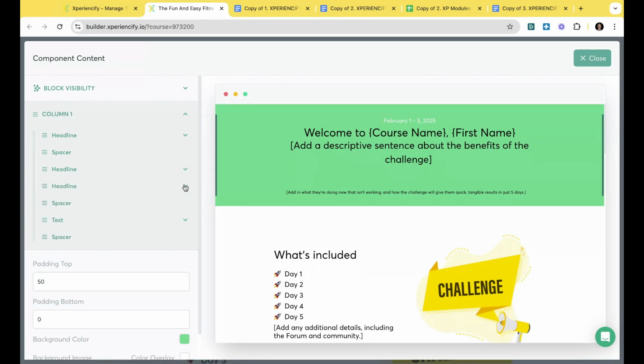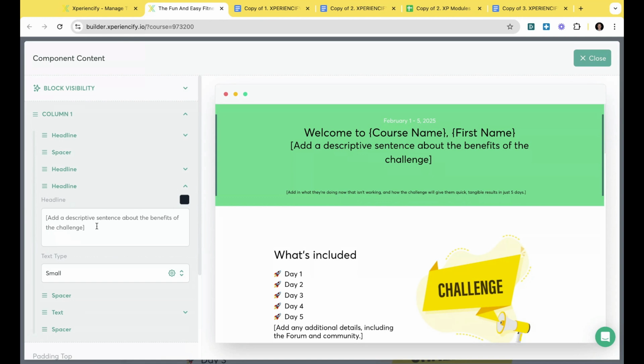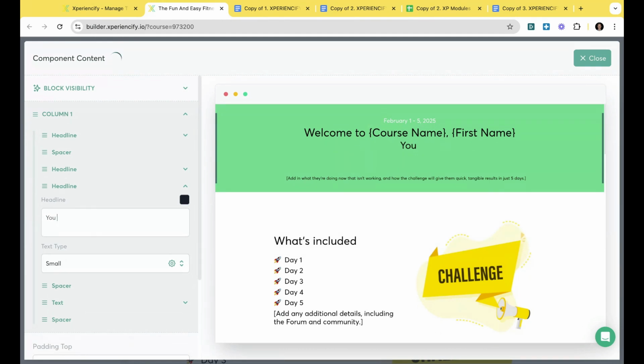And then you can see the next headline down, it says, add a descriptive sentence about the benefits of the challenge, right? And so, join the challenge and feel better in 5 days, right? So put some description there.